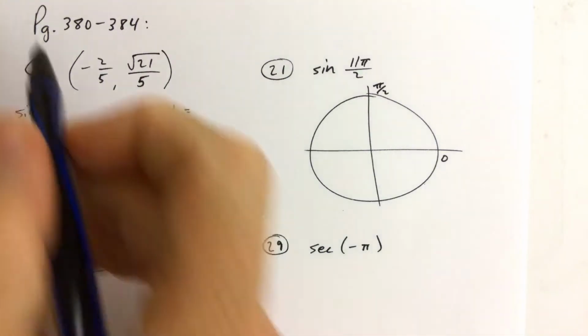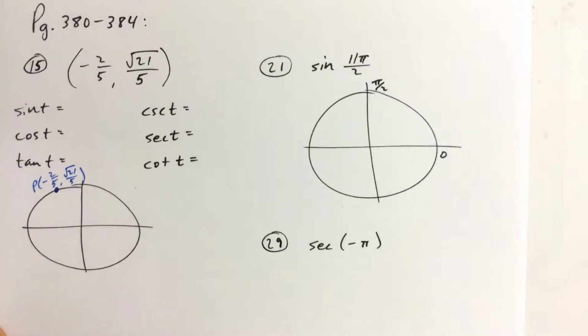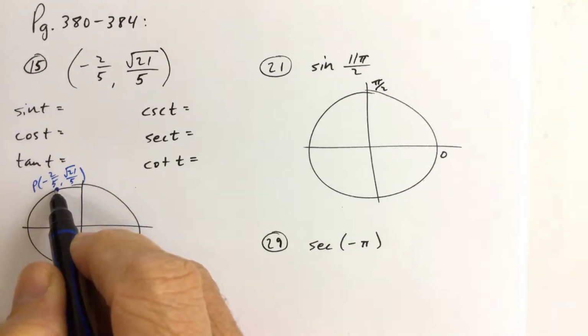From pages 380 through 384, I just chose some random problems that will give you a good variety of examples to see how you do the rest of the problems on the homework. But for problem number 15, we're told that we have this point on the unit circle, it's said,